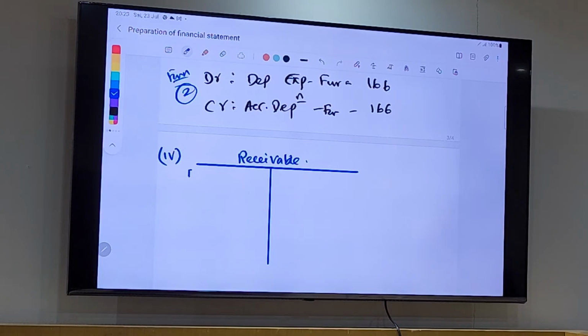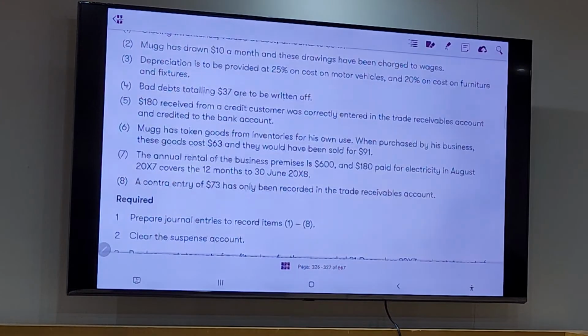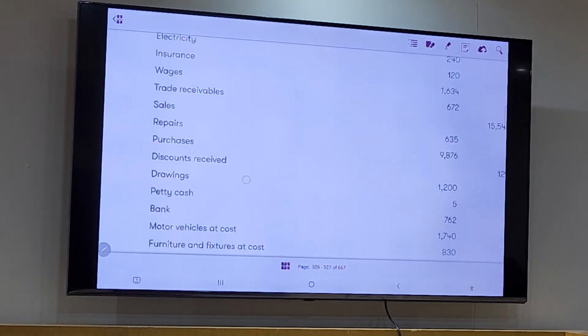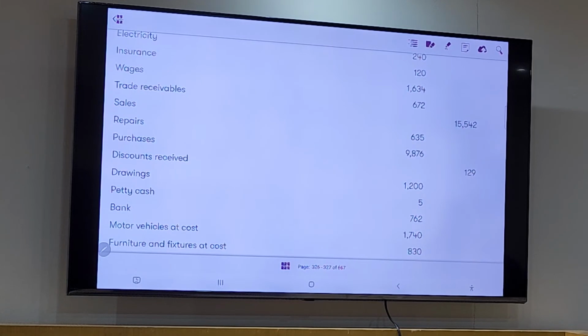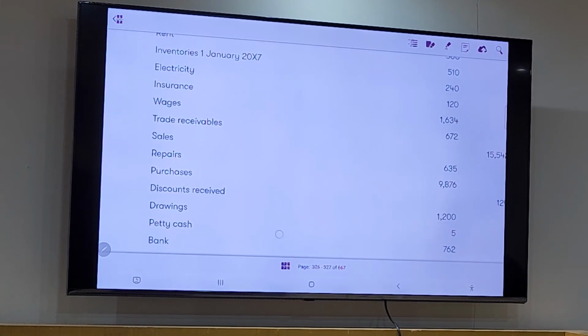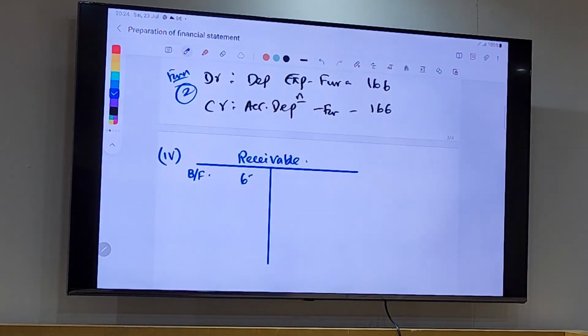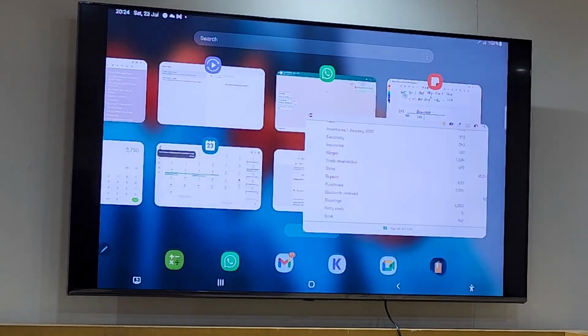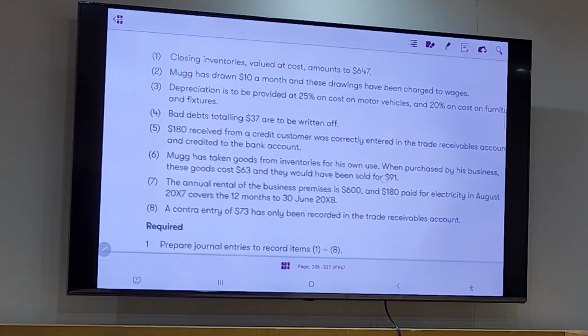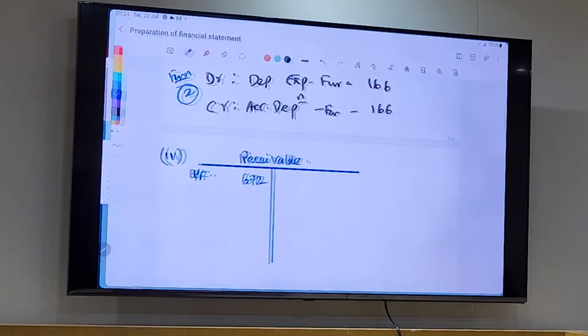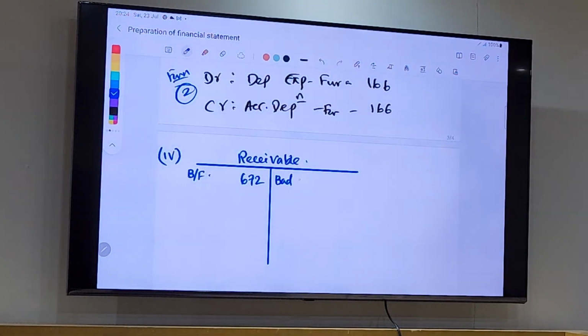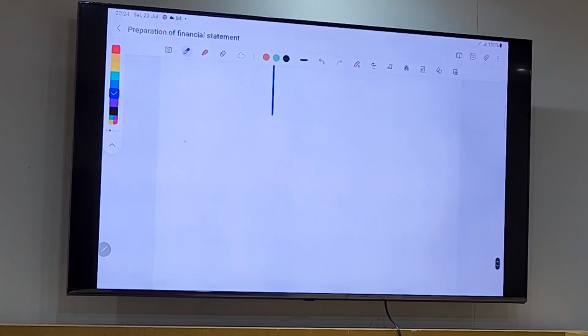Your opening balance, how much in the trial balance? 670. Now what are they saying? We need to write off 37 as bad debts. So, bad debts 37. The double entry, debit bad debts,